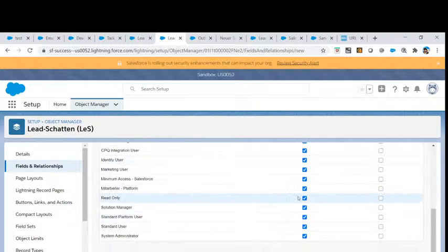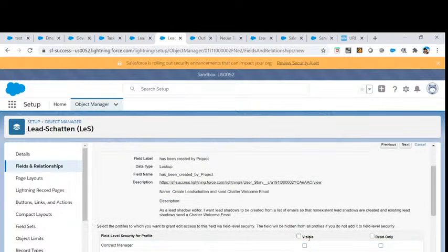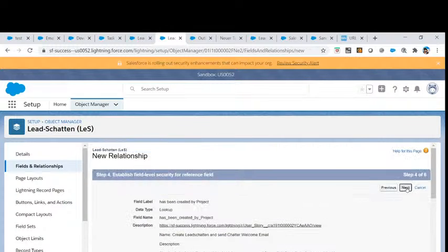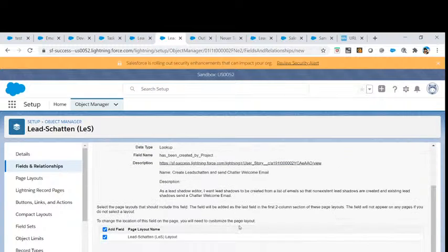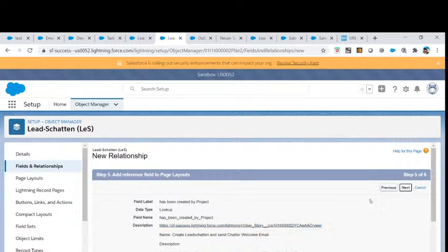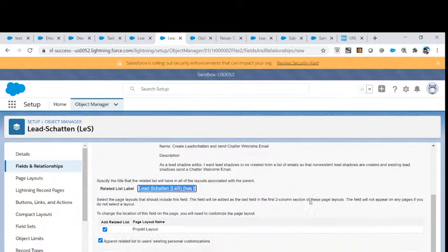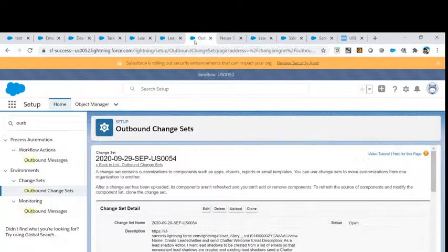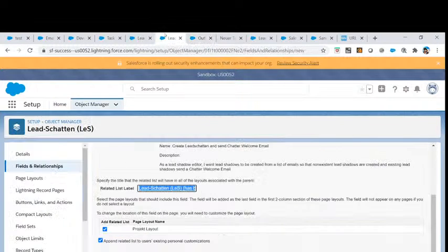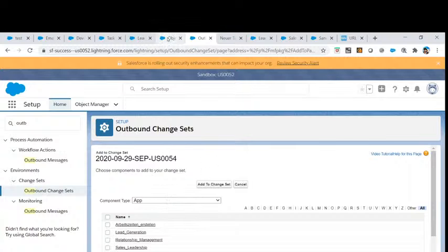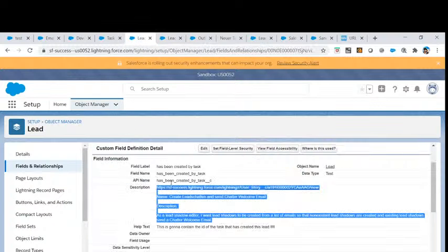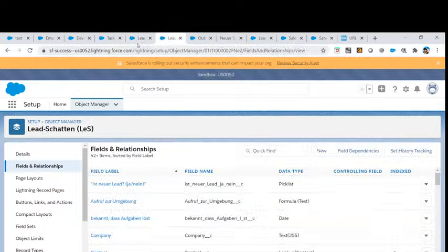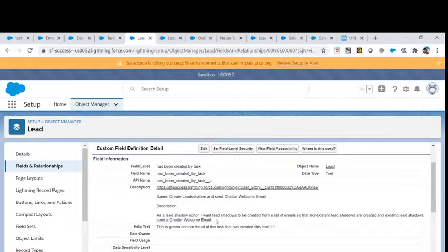So let's say we're not hitting the others, we're just going for the system administrator, so no one else. And we go like Leadschatten. We already got the layout, so we go like next. We have the project layout, so we need to put in the layout at first. So we will just remind this. So we have the project. Let's hit save, and it's the lead layout. And now, just to make things a little quicker, we will